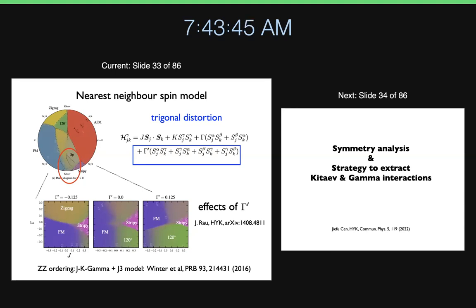But trigonal distortion has to be smaller compared to the spin-orbit coupling for this physics to be valid. Once it is much larger, then this will break down. And of course, we will have to think about what our doublet is made out of. Okay, so within this area, when gamma prime is negative, in other words ferro-like, then you can see that a lot of this phase is now covered by the zigzag order. So correlations were built in, and I can just stabilize the gamma interactions.